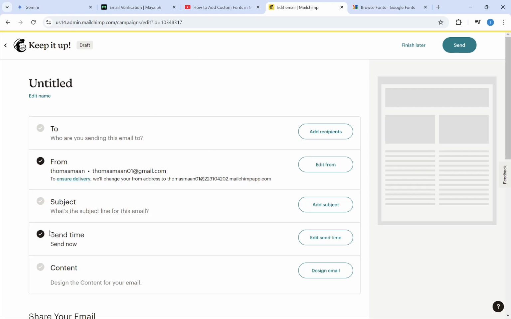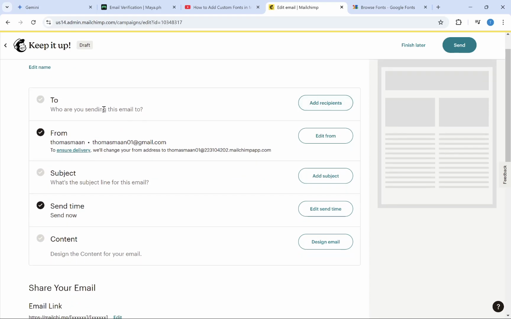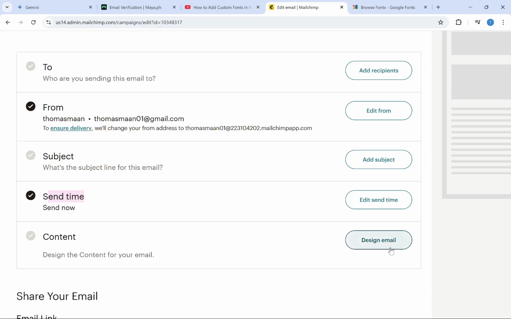After this is the window you are going to see. So from here, simply fill up all the details such as to, from, and your email subject, and then your email send time. And once you fill up all of these details, simply click on this design email button right next to the contacts tab. So simply click on design email,